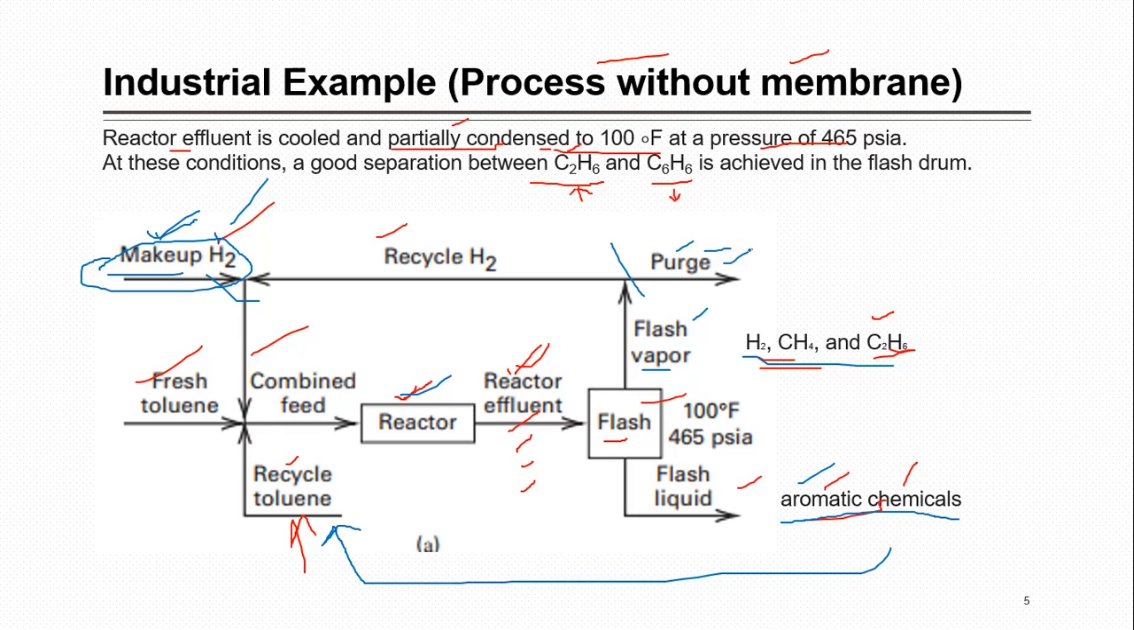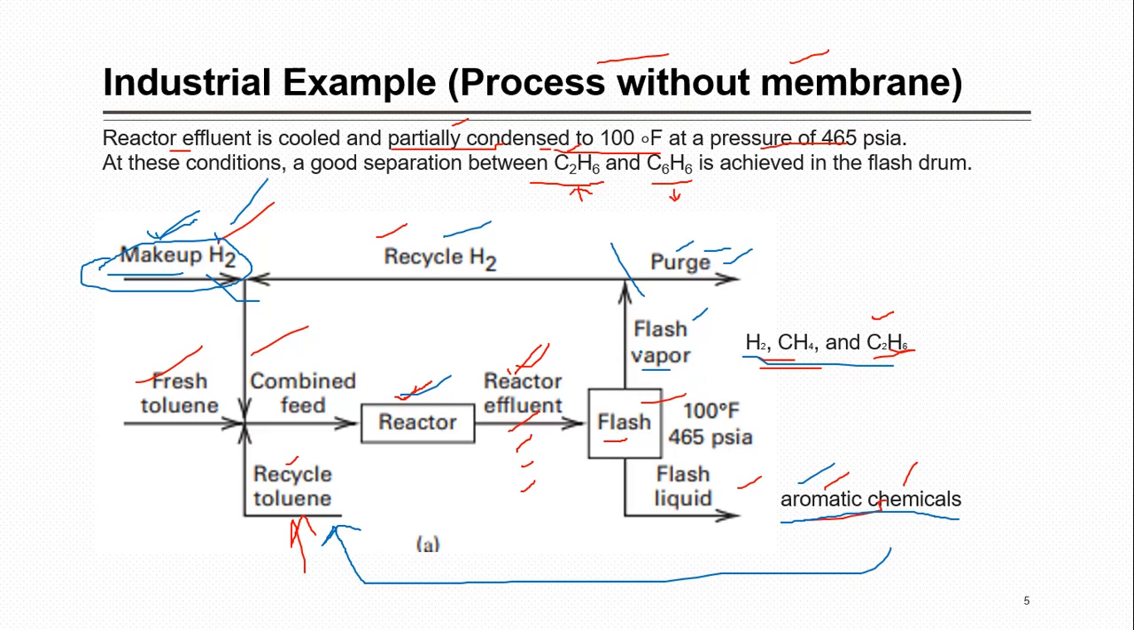Purge means anything which is just leaving from this system as a gas stream in order to avoid the buildup. How does it build up? Suppose we are not purging anything, so what will happen? This hydrogen, methane and ethane will be part of this stream. They will be coming to the system, they will pass through all this reactor, then effluent, flashing and so on,